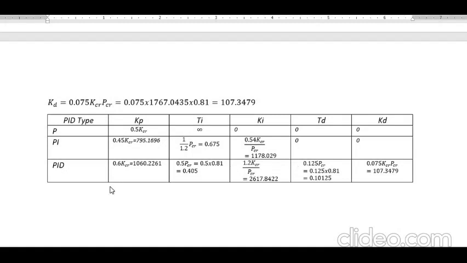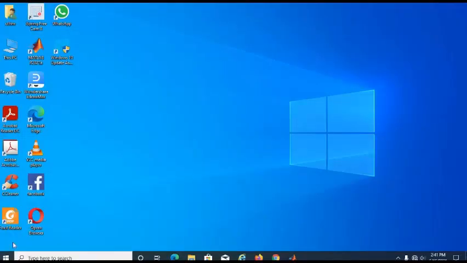Okay, now we will use these values to design the PID controller using MATLAB Simulink. Next we continue with MATLAB Simulink. So how do we implement PID control using MATLAB Simulink?